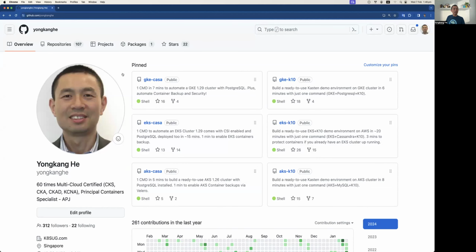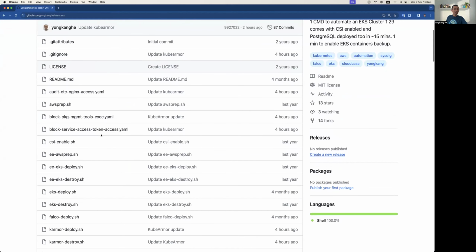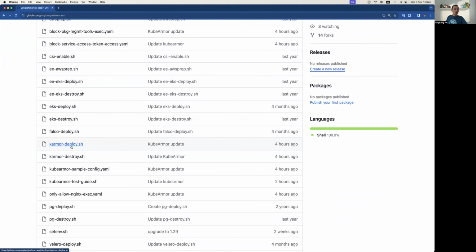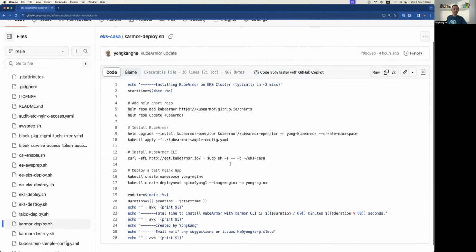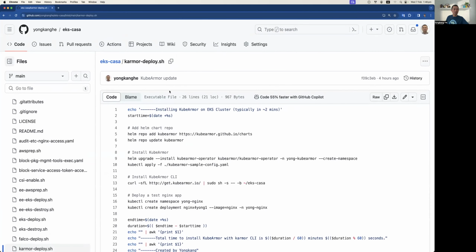If you go to my GitHub page, you can see EKS Casa. I use EKS as an example. Technically, if you want, you can try Google, Amazon, or Microsoft AKS. All of the commands are included here: the eks-deploy, and how to deploy KubeArmor. You click this command and you can see how to install KubeArmor on an EKS cluster. Just a couple of commands, but I love automation. So I just put all of these commands into this